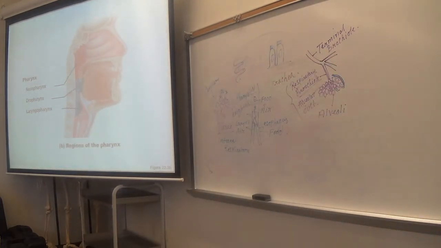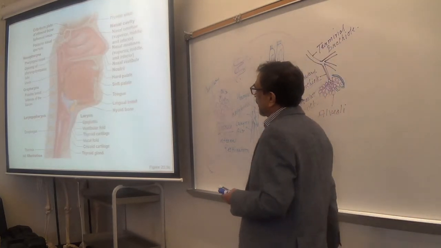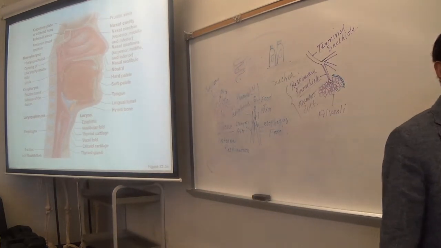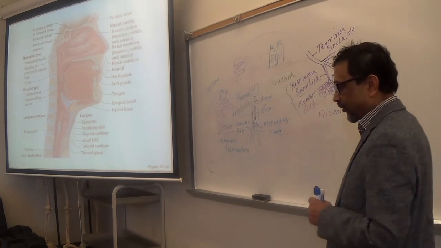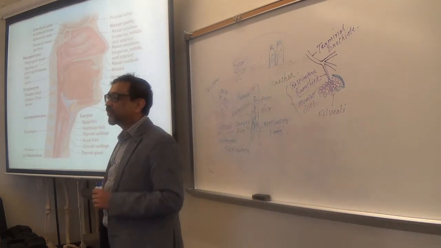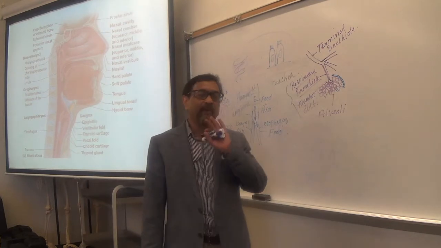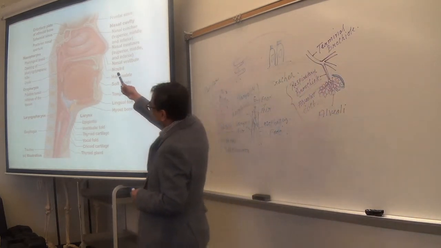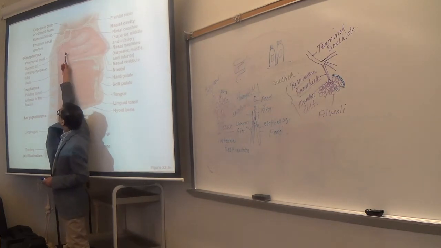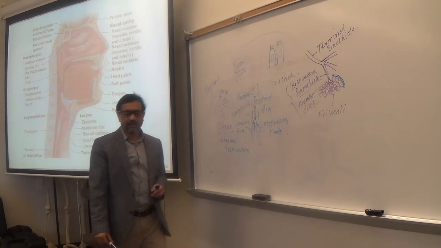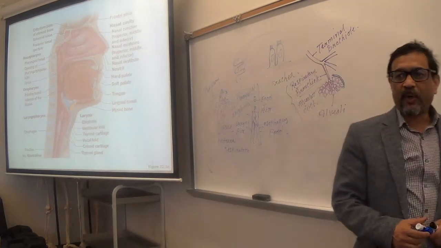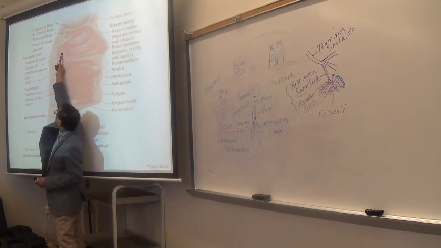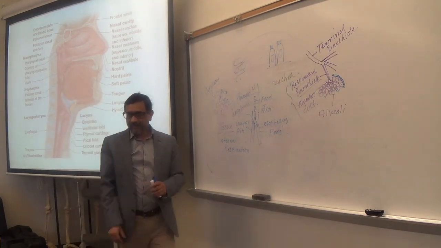Now, in the nasopharynx, first let's see the nasopharynx. In nasopharynx, you have pharyngeal tonsil. You have pharyngeal tonsil attached to the posterior wall of nasopharynx. So, there. This is nasopharynx, attached to the posterior wall of nasopharynx. Another important structure is there, that is the opening of pharyngotympanic tube. Here, the opening of a tube, that is called pharyngo